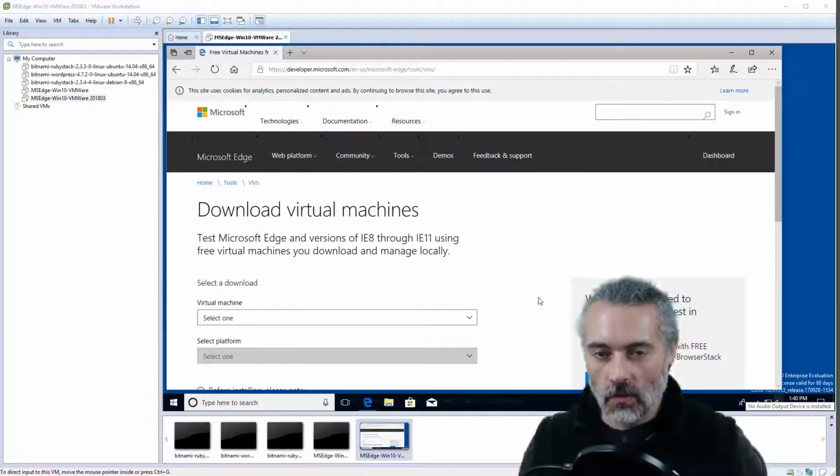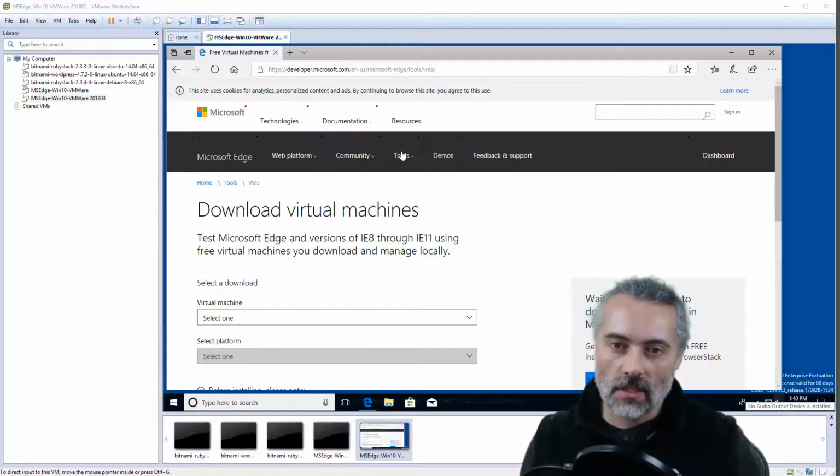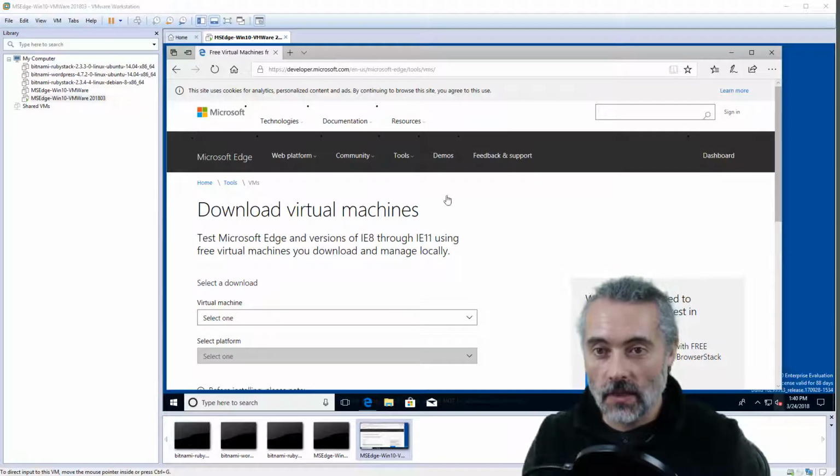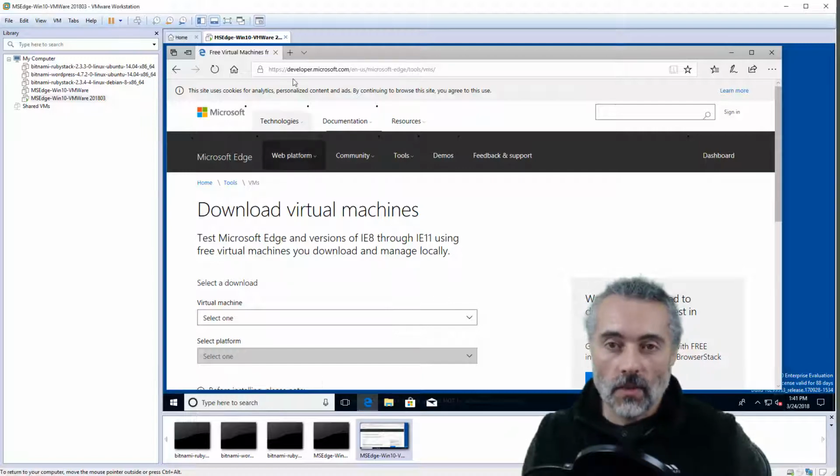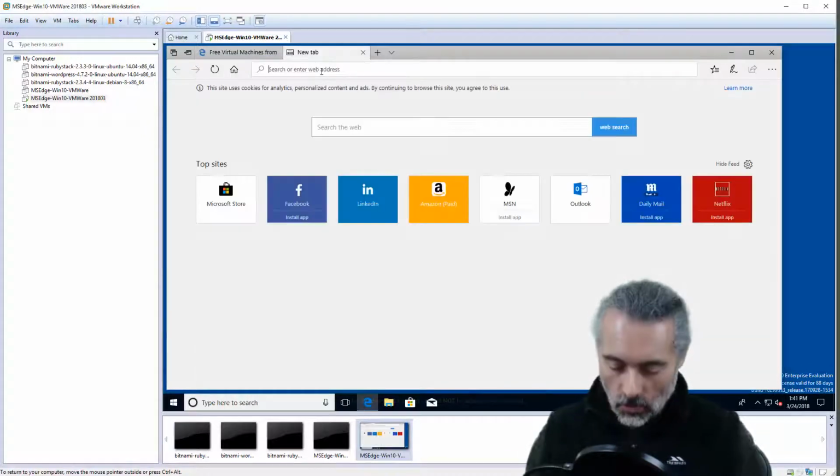Okay, a quick tip if you use the Microsoft virtual machines. This is one of the virtual machines. You can download these for free from developer.microsoft.com. If you do a web search, you'll find it. In fact, the easiest way to get this is to go off to modern.ie